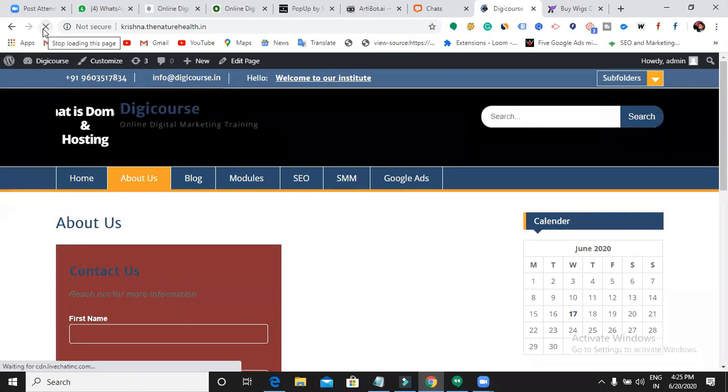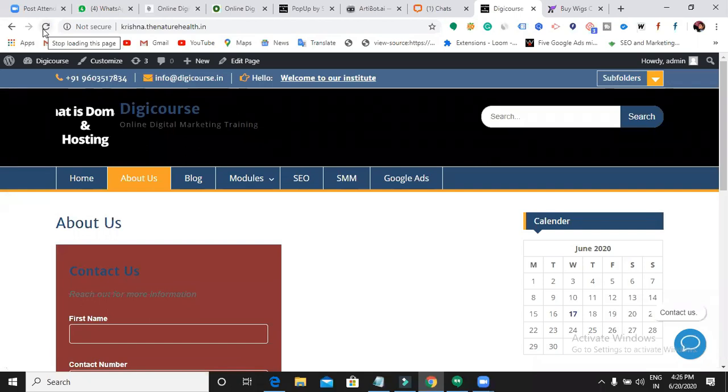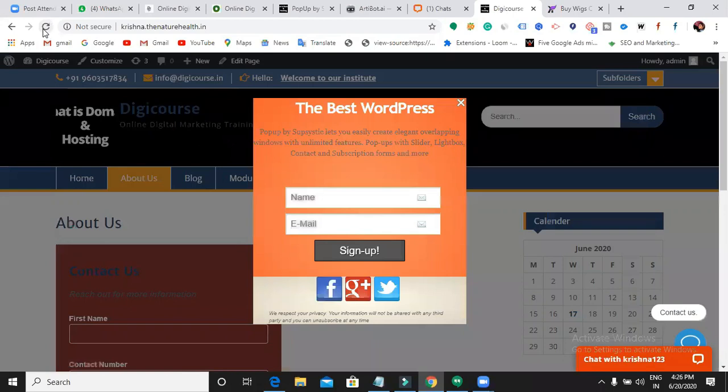Now the page refreshes, it is loading. 1 2 3 4 5 6 7. Oh my god. So can you see? After 10 seconds it is showing you the pop-up. In such a way you can mention after how many seconds you want to show the pop-up. Got it? Right.